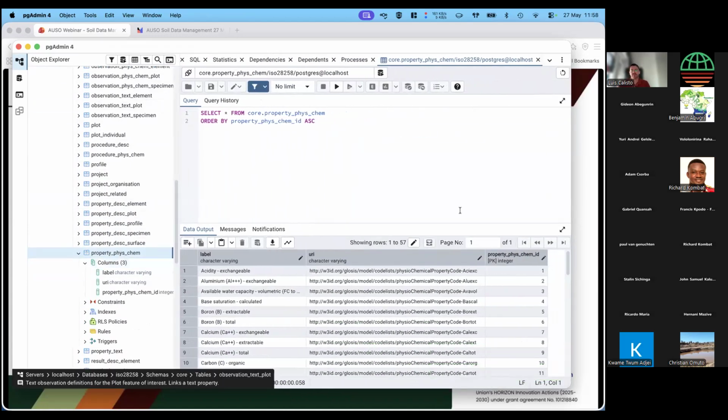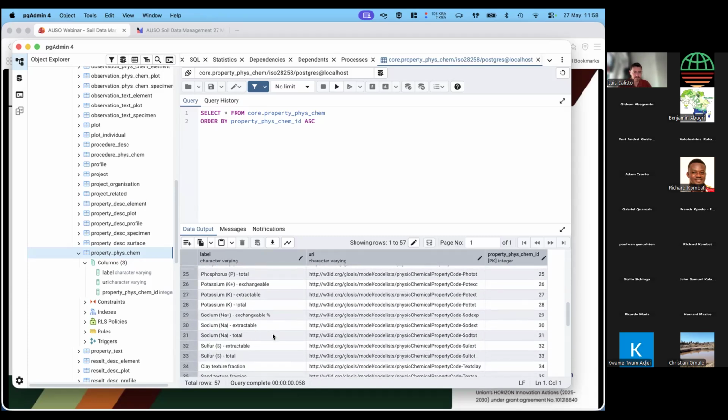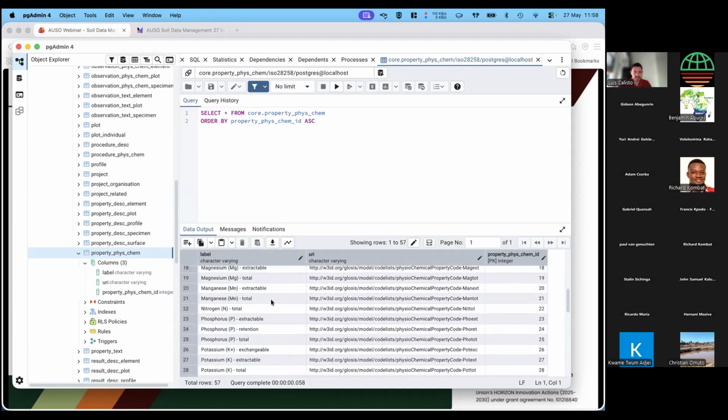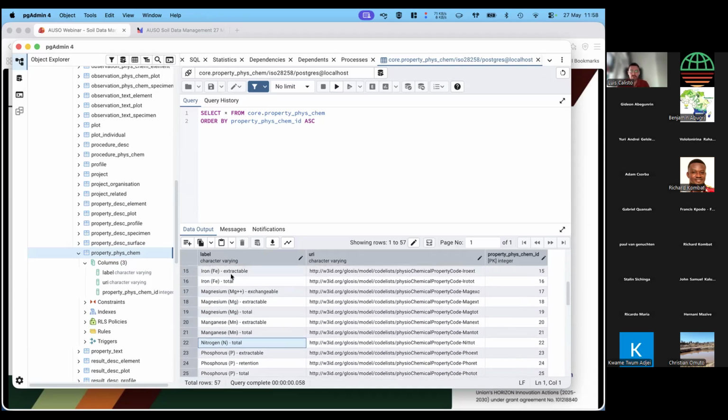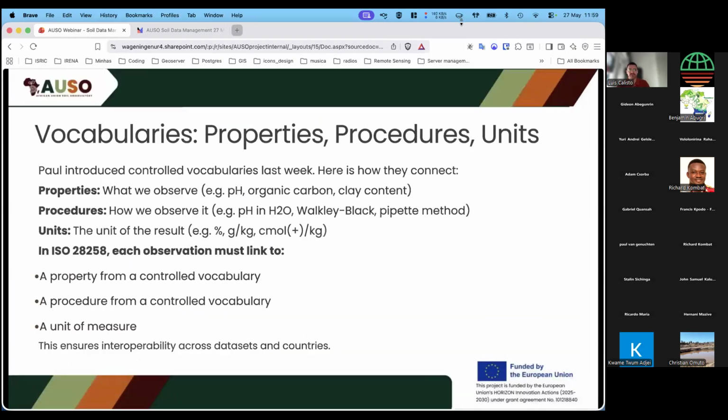Okay, so in this, one of the control vocabs we use is also the GLOSIS code lists. And these are properties, okay? So I just need to store the property name and a URL, and of course the database has its own IDs, which I'm not going to talk about. But for example, we were talking about pH, or potassium, nitrogen total, aluminium. So all these properties. If I copy these, and I show you here,